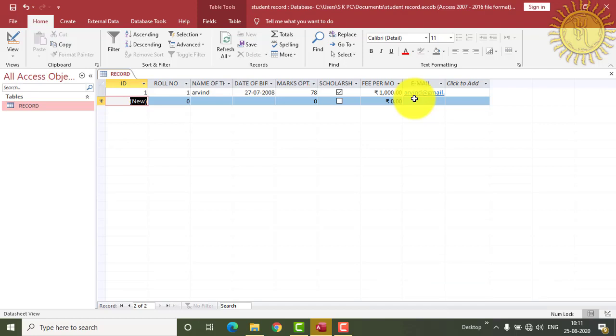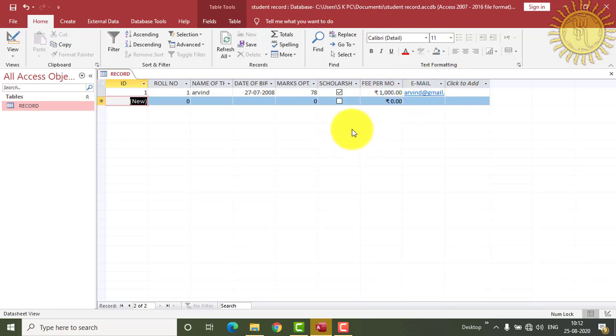Now the next is primary key. A primary key is a field that is defined in only one data and should be unique. From this primary key we search the whole data of any particular person. In this data, our roll number is the unique number of every student. So we will set the primary key on roll number. Let us see how to set a primary key on roll number.